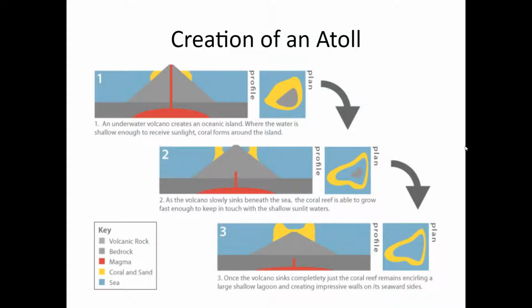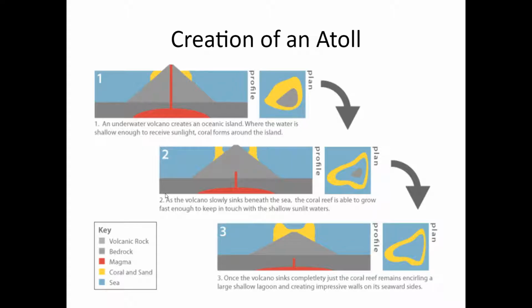Next up is the creation of an atoll, and this is where things get really cool. So we talked about high islands, and you can see up here in the first stage, you have a high island, right? It's an underwater volcano. This creates an oceanic island where the water is shallow enough to receive sunlight, right? Right up here on the edges. Corals form, coral reefs form. And they form around the island. And this is what it ends up looking like. You have this sort of high point in the middle from up on top, and then you have these corals